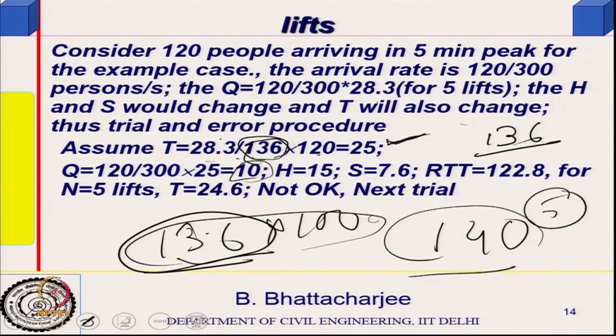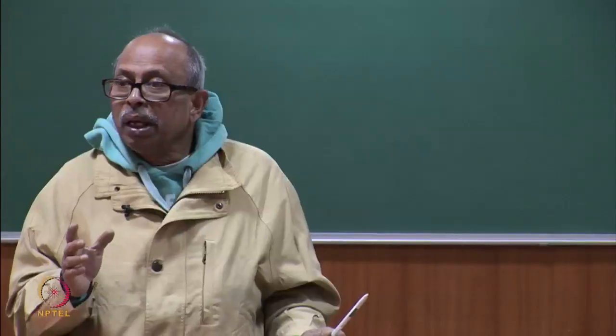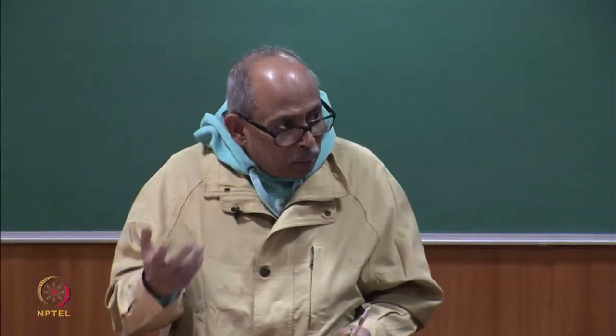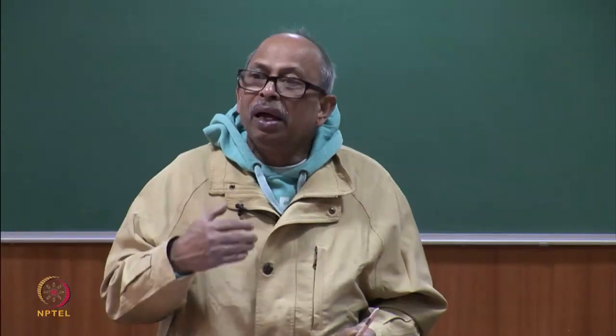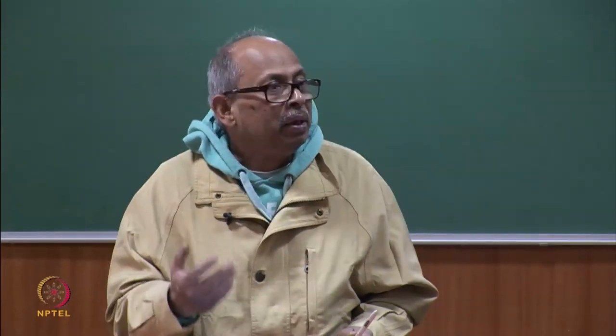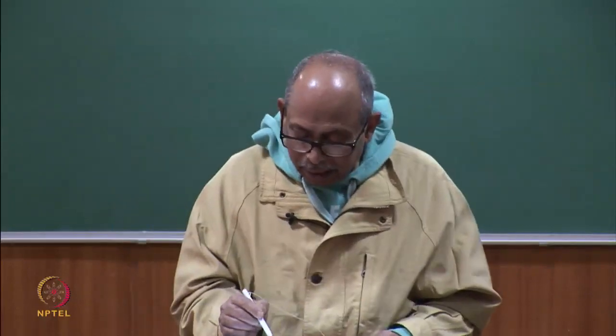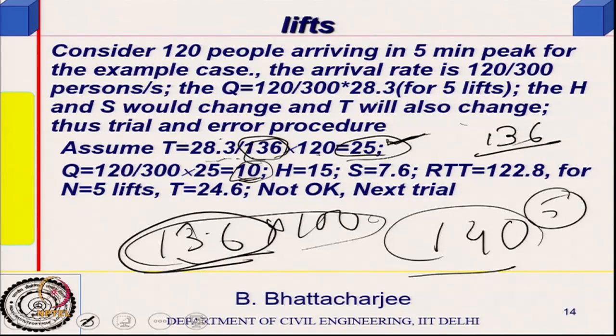So proportionally I am reducing my waiting interval, because S will reduce, H will reduce, RTT will reduce, and with 5 lifts T will also reduce. So I am assuming a reduced T and correspondingly finding the new Q. Then I find the new H, I find the new S, and my RTT comes out to be